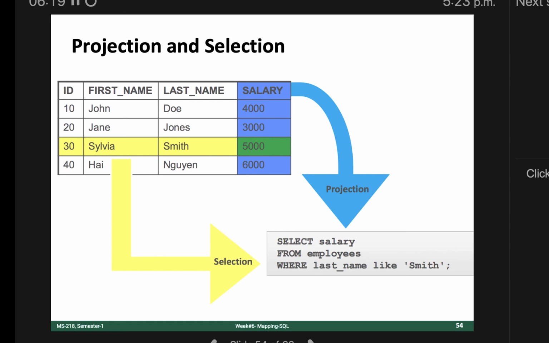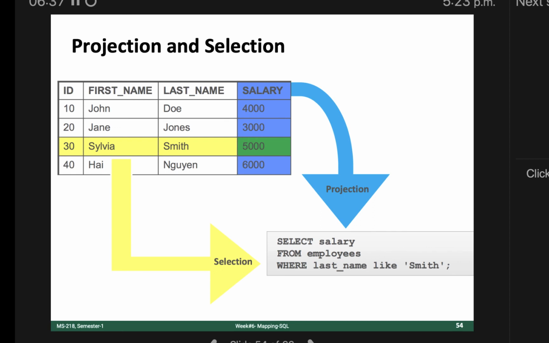Question is clear? I need data of all employees having salary greater than 4,000. What would be the SQL query?